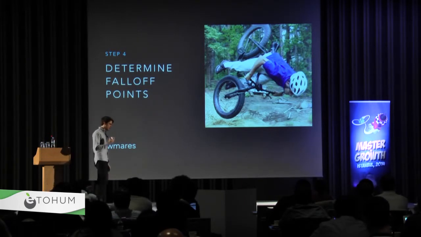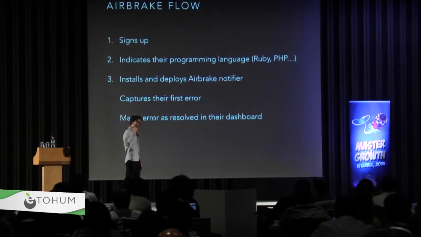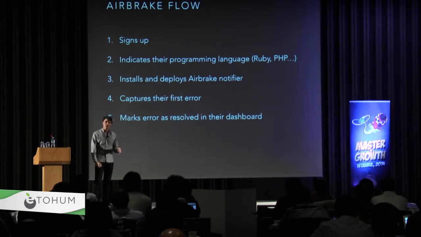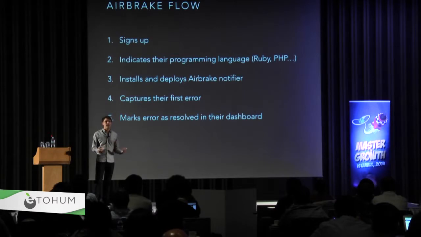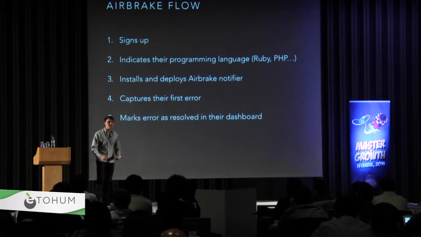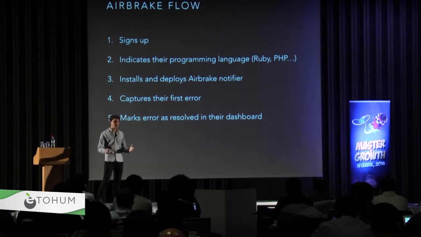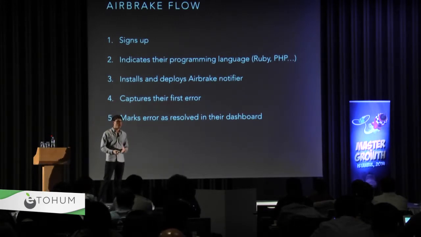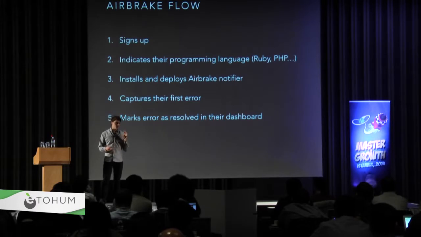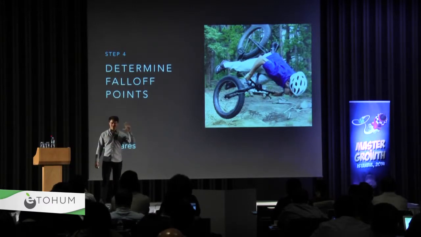For us, we found that a lot of people were falling off in step 3. Roughly 50% of the people that came from a developer platform called Heroku would cancel within the first week of signing up for our product. You realize something is wrong here. Our messaging is working. People are signing up. They're compelled by the product and the vision, but we're failing them in some way. So we ran a bunch of tests and did a bunch of research to figure out why people were dropping off at this step, which brings me to step 4 of this 5-step process.